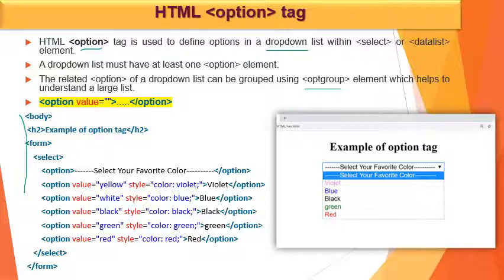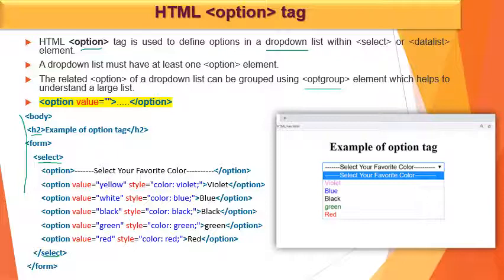The body of the HTML file is given here, that will contain the h2, example of option tag, that is the header 2, which is displayed as a bigger size of text. The form has a select control, and this select control has end select at the last. So in the middle of that, the options